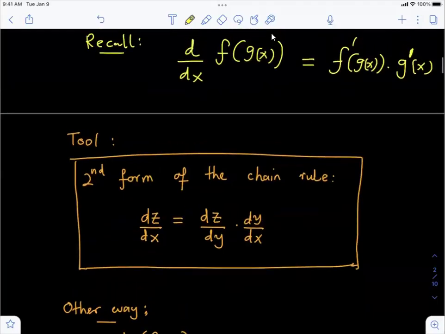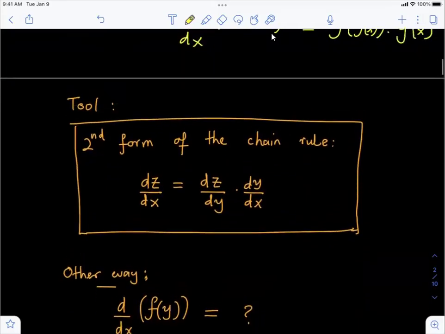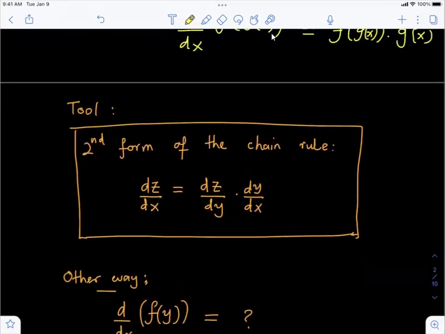Essentially, it is exactly the same thing as the first form. However, computationally, when you consider the second form, it is very convenient in applications. Let me show you a couple of examples. And even before getting to the examples, let me just mention the meaning of this. In this scenario, we have three layers. There's a function z,